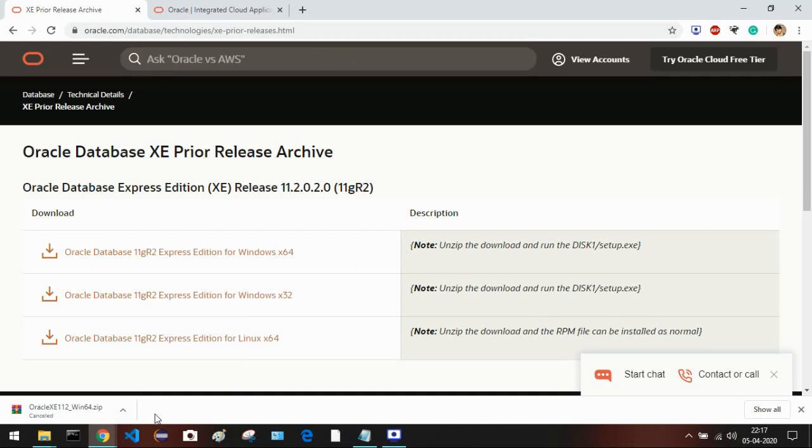So what is the instruction they have given? Unzip the download and run Disk1/setup.exe. In the Disk1 folder, you'll find the setup.exe file that you need to run. Then yeah, that's it for our download. So let's go to the